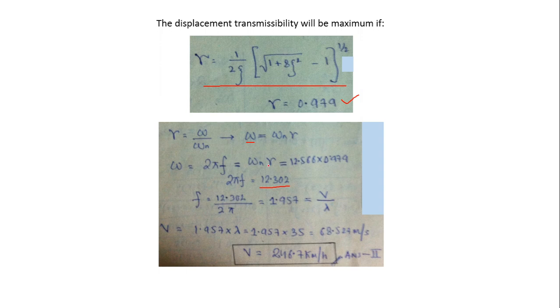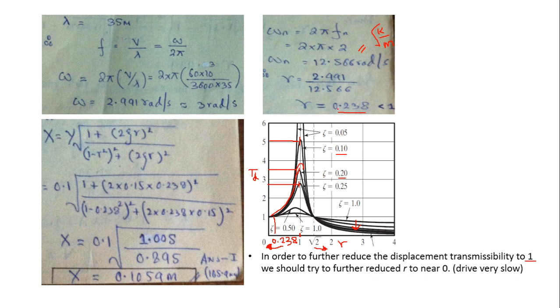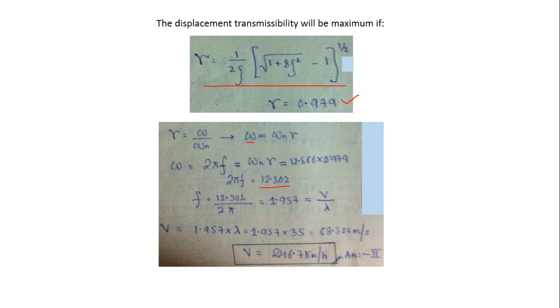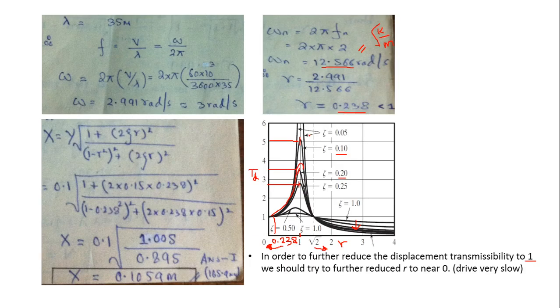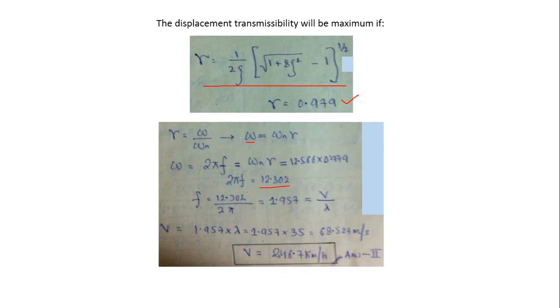So you see that the new value of omega is 12.302, whereas the natural frequency of the car was 12.566. So it is very near to resonance. Therefore, maximum amplitude is going to occur. And by using this new value of omega, we know that the frequency, velocity, and wavelength can be related. So we get the new value of frequency,